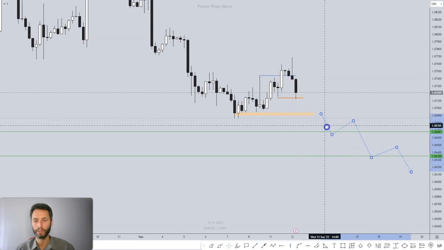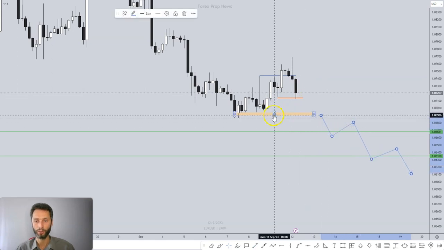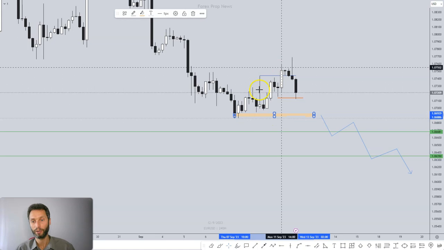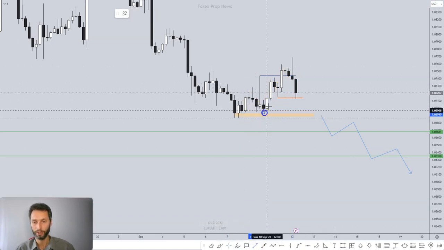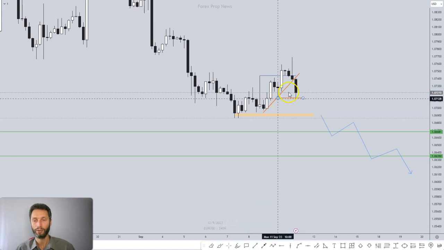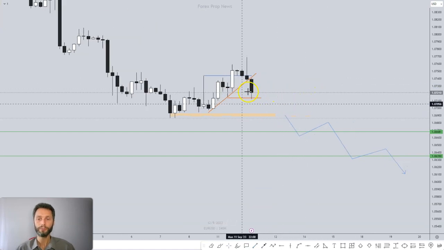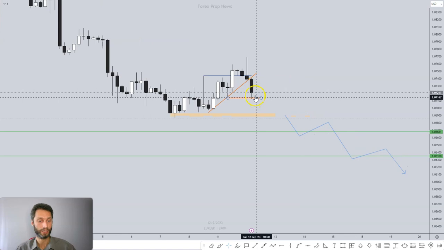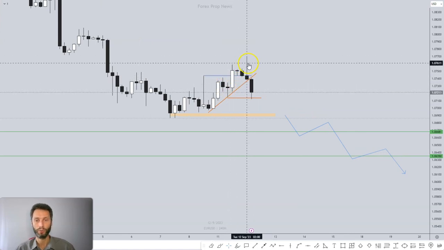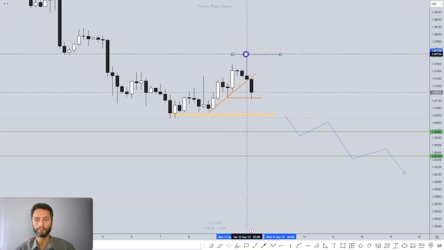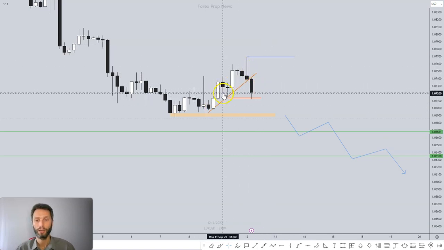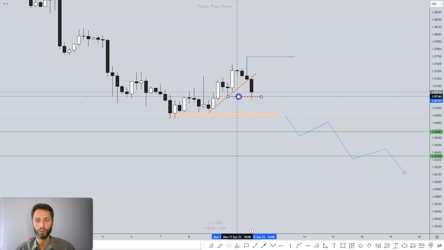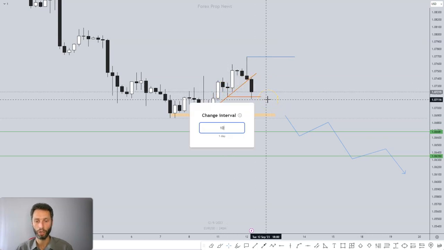Now that it is breaking down, the ideal scenario would be a break of this low. However, we moved higher. Now that this is breaking down, you can also draw a trend line here if you like. It seems that we are actually going to the downside. So we have gone a bit higher. This becomes a new invalidation point, but we will only know that when we break and close below this swing low to confirm that we're going lower.